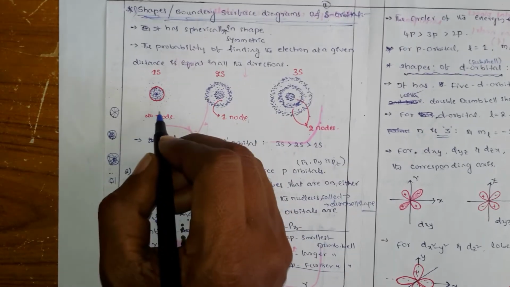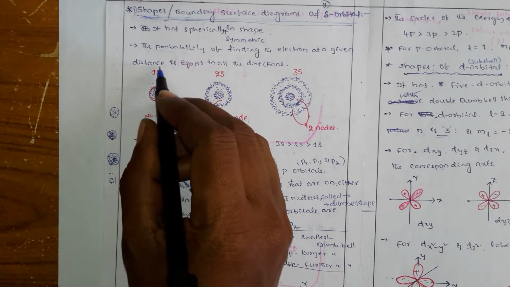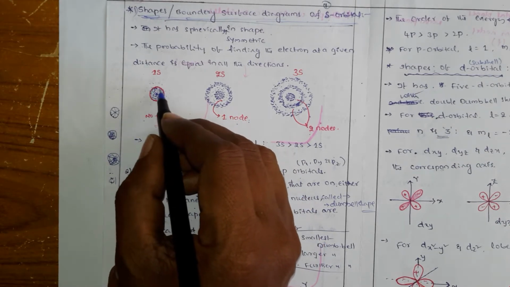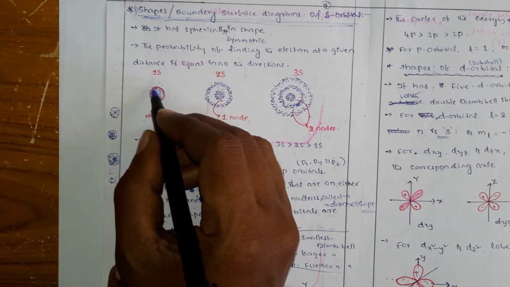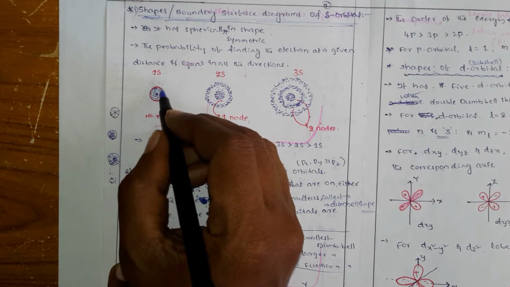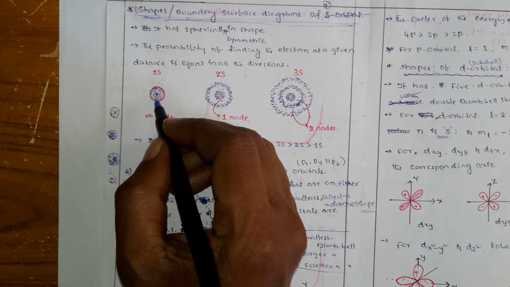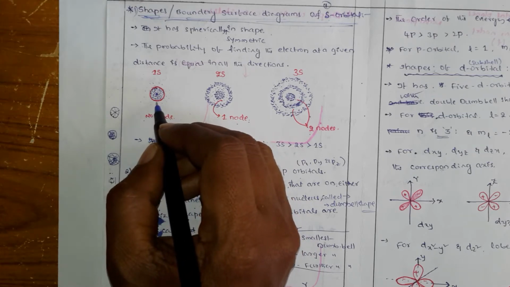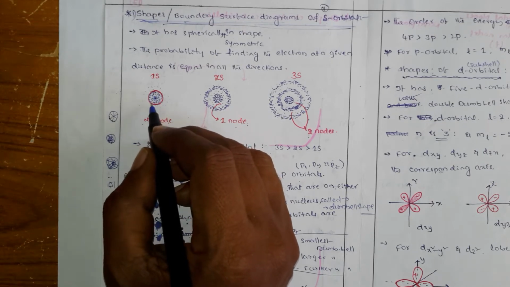Look here, the 1s orbital, that means in the first shell there is an s orbital. How is the shape? Generally it is spherical in shape, spherically symmetric. So here it is a round shape, right? It is not a circle, it is three-dimensional, not two-dimensional. A circle is two-dimensional, but when you go to the sphere, it is a three-dimensional structure. Showing it on two-dimensional paper is difficult, right? So you understand, here it is three-dimensional, it is a sphere.